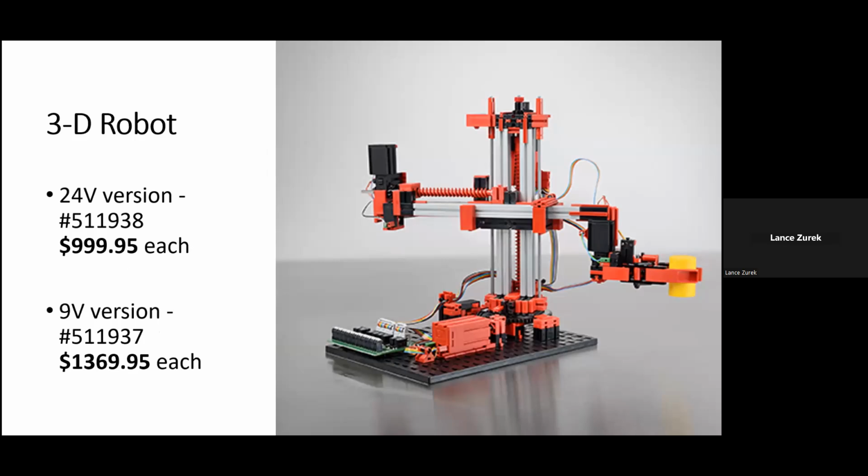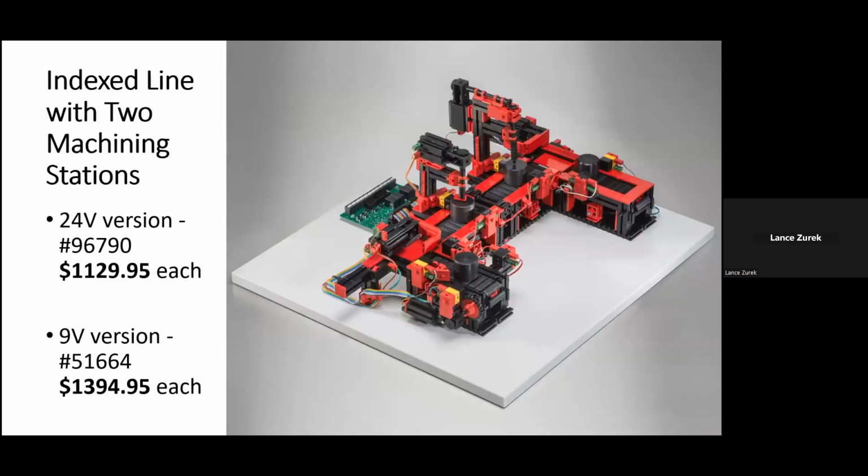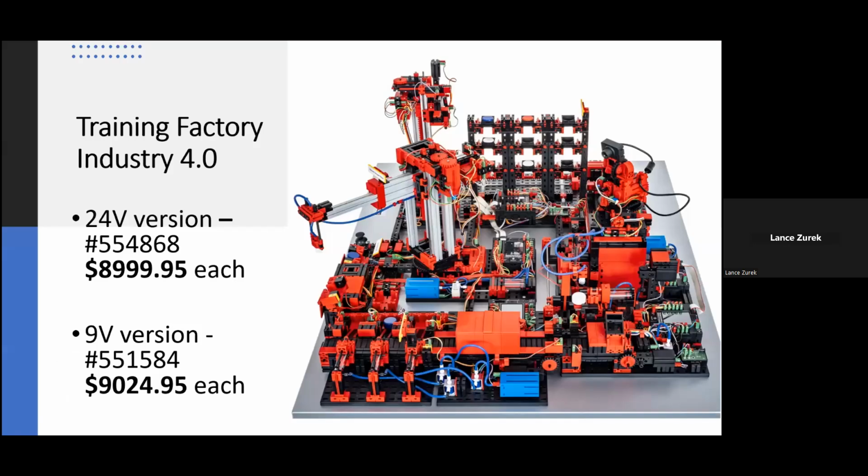$999.95. The 9-volt variation is $1,369.95. And the index line with two machining stations in the 24-volt variation is $1,129.95 per unit. In the 9-volt version is $1,394.95 per unit. The Training Factory Industry 4.0 for learning, exploring, and understanding IoT-related processes in the 24-volt variation, this